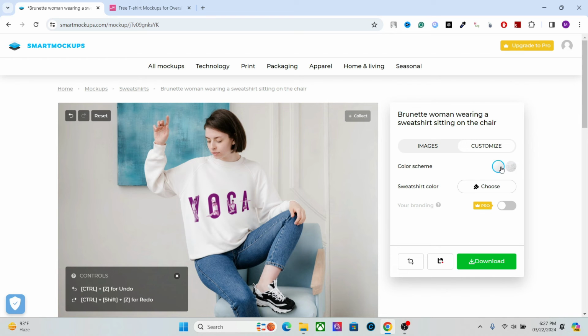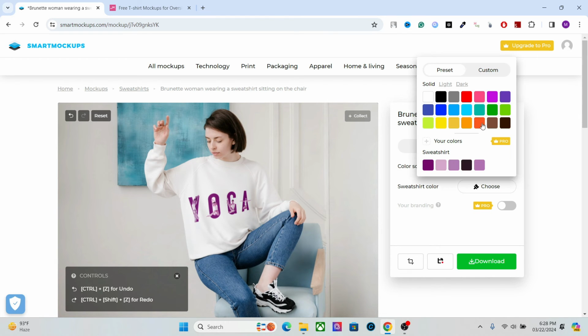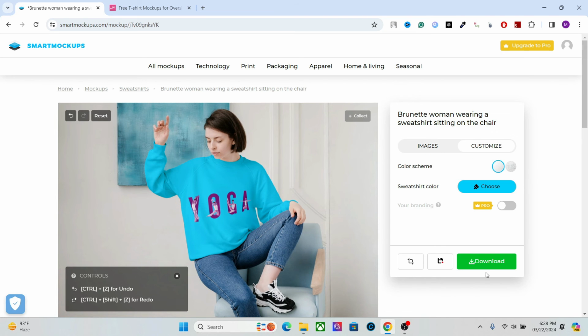So you can set the color schemes, and you can also choose the color of the sweatshirt, you know, and then download the mockup. So for the free plan, you will get the medium quality,